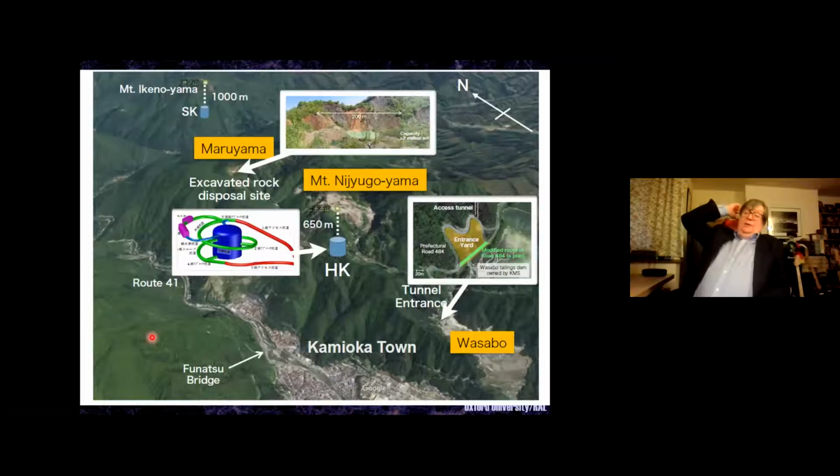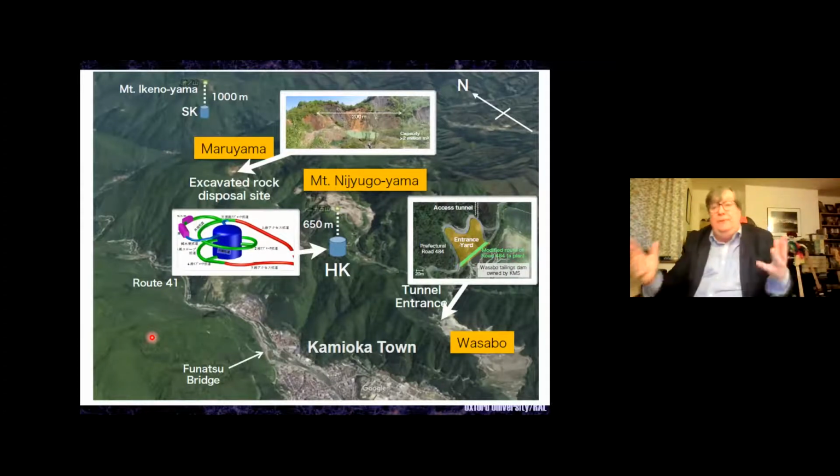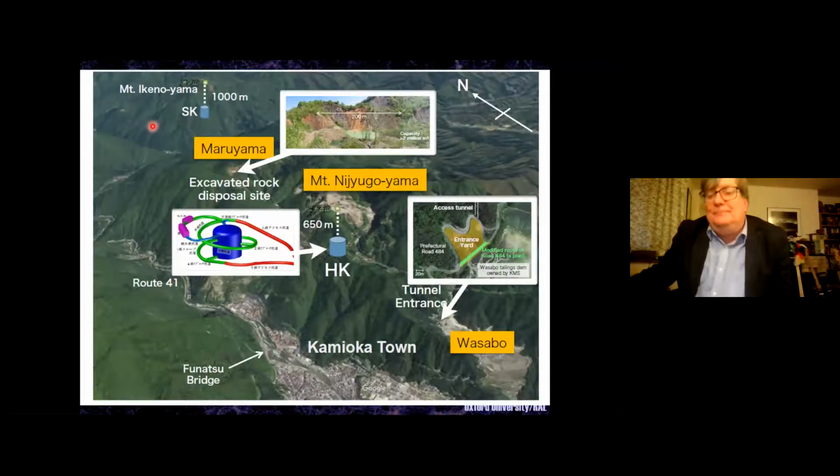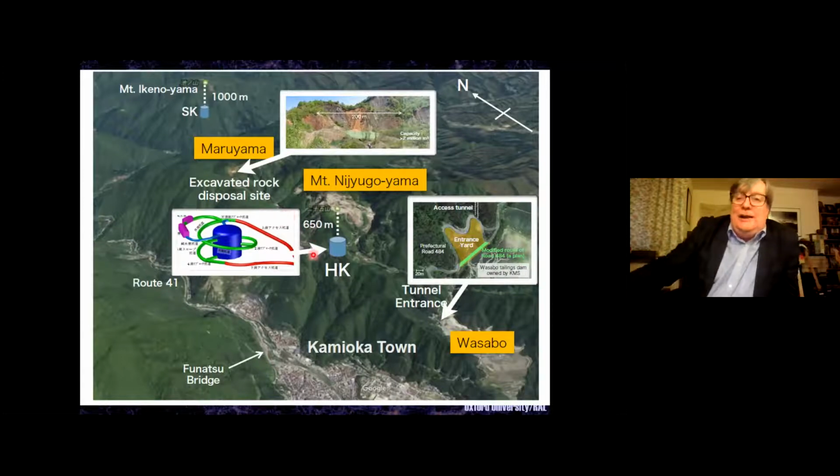But in the end, we'll never do it with the detectors we have. They're just not big enough. We don't get enough events. So the idea is to build, okay, there was Kamiokande, then there was Super Kamiokande. So now we're going to build Hyper Kamiokande. Who says we don't have imagination, right? We're going to build one 10 times bigger, right? You would think we'd do something cleverer than that, but we can't think of anything cleverer than that. So we're going to build one 10 times bigger.